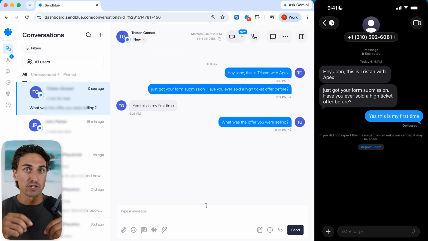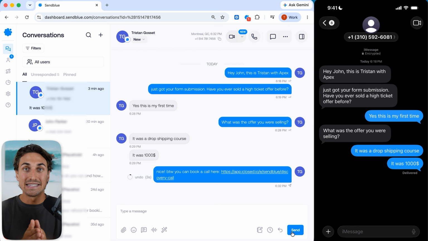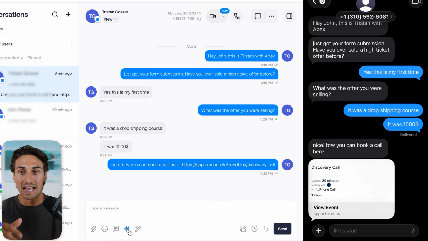And so let's just assume that the lead will reply here. This is where Sendblue really opens up because now you get to decide how you want to handle it. You could jump in yourself and take over the conversation, maybe asking a few follow-up questions, maybe sending them a link to book a call, or maybe even dropping a quick voice message like I'm going to do right here